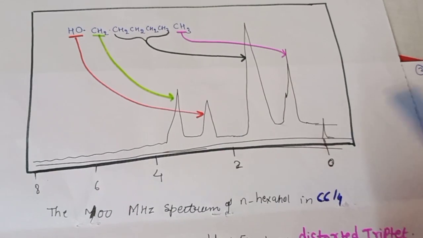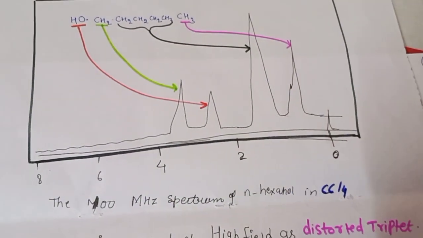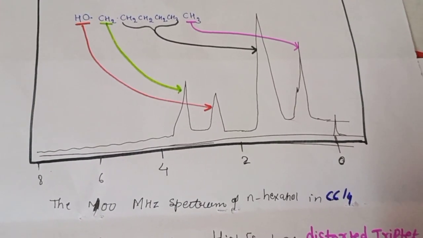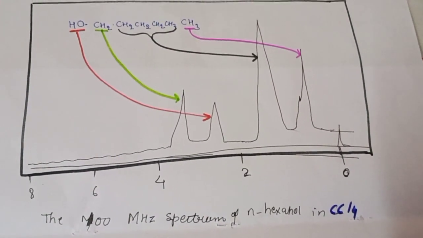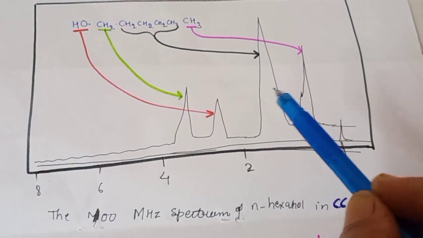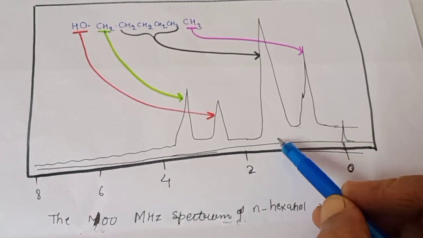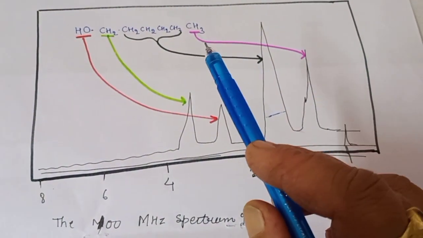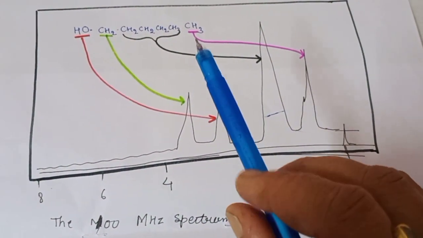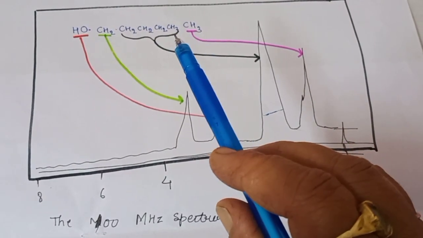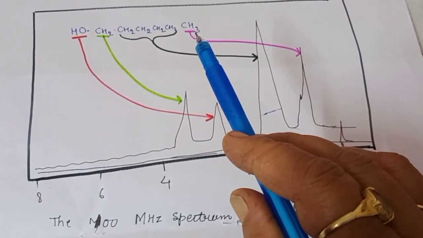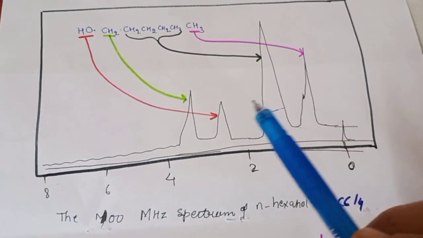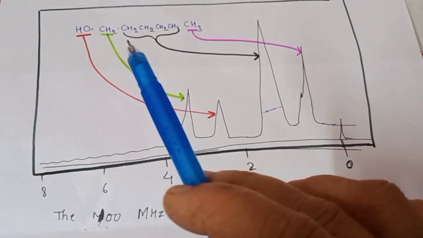Students, what happens when the spectrum is recorded in CCl4, you get this type of spectrum, and here all the CH2 peaks are merged between these values. Means for all the CH2 peaks you are getting only this one peak. Otherwise, generally if we look at the NMR splitting pattern, with n+1 you should get a quartet, and for this you may get a triplet. But what was happening, this spectrum is very much complicated to understand how these peaks are obtained.